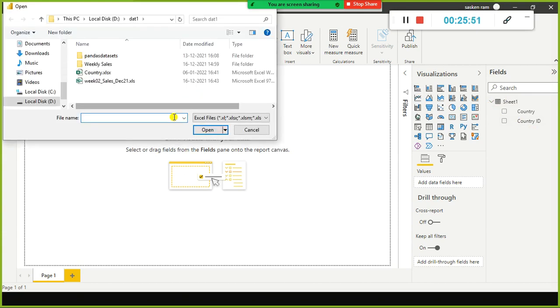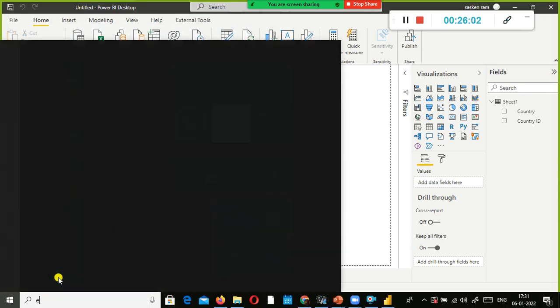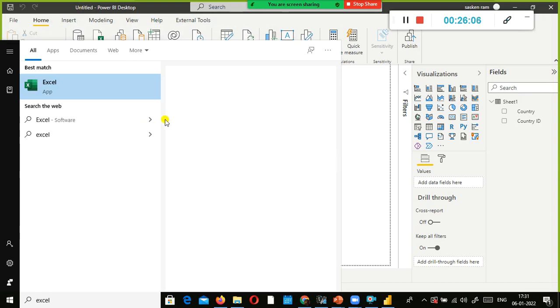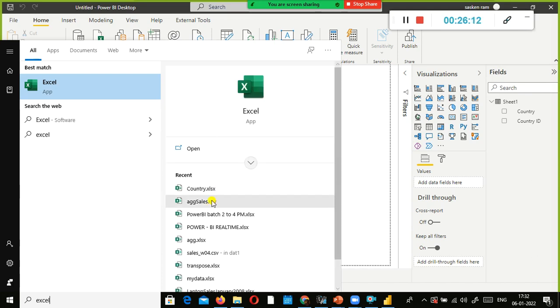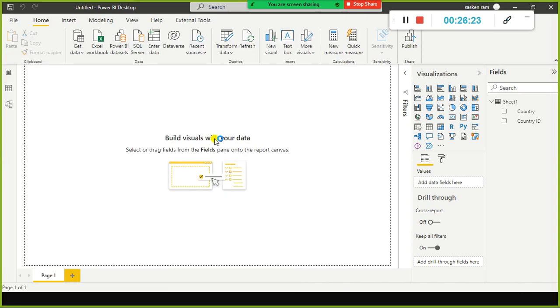I'm going to open it here. I just go ahead and select this one, sales by country. Okay, one second. I don't remember where I stored it. I think it is available here.